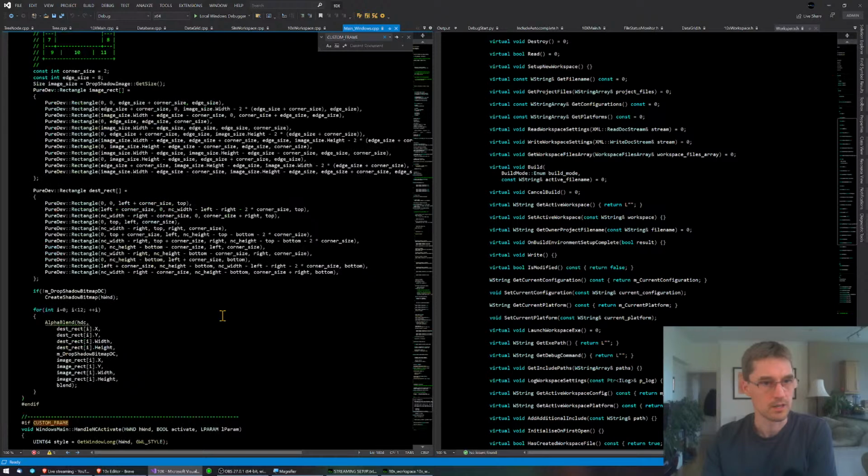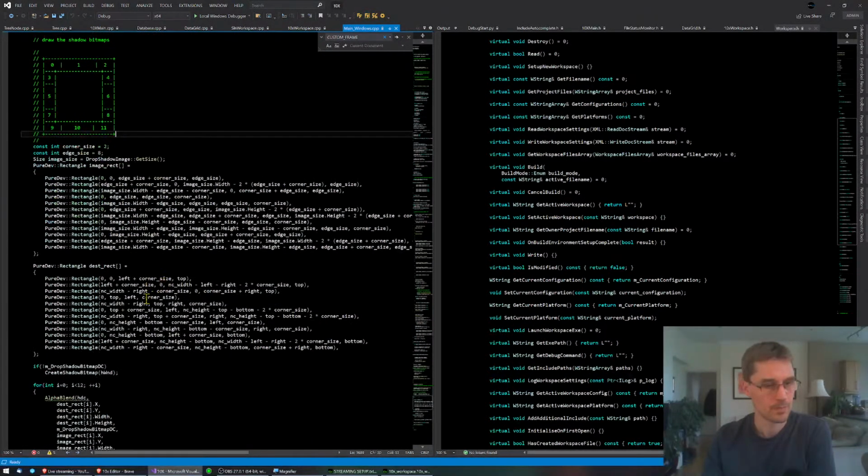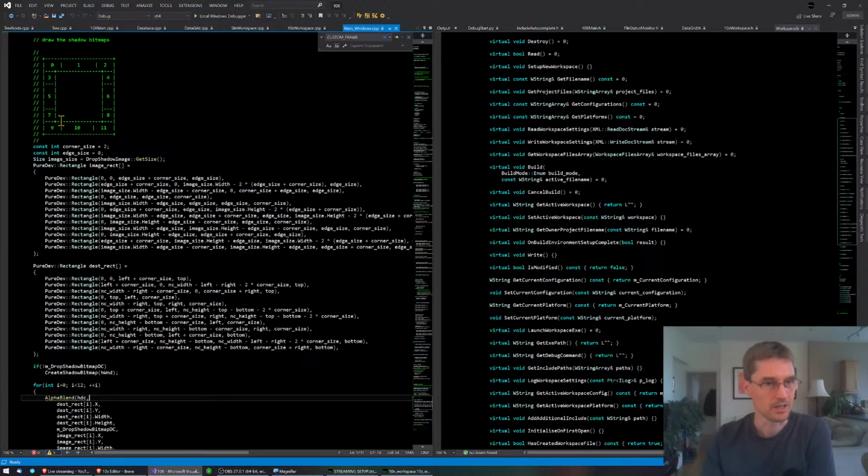So, just seeing if there's anything else it's worth talking about. Oh, here we go. There's something interesting where it's drawing the shadow bitmap using the alpha blend function on Windows. So each of these is a separate texture, a separate draw call. And it actually creates the window that's bigger than the size of the window you've got. So if you ask what the window size is, it will tell you this, but the actual window size goes right to the corners, and then these bits here are the shadow bits around the edges,